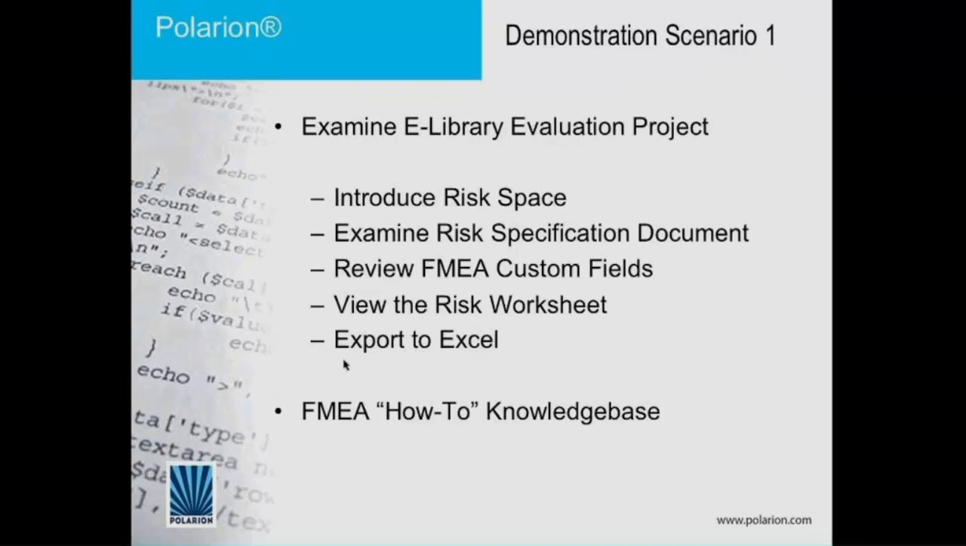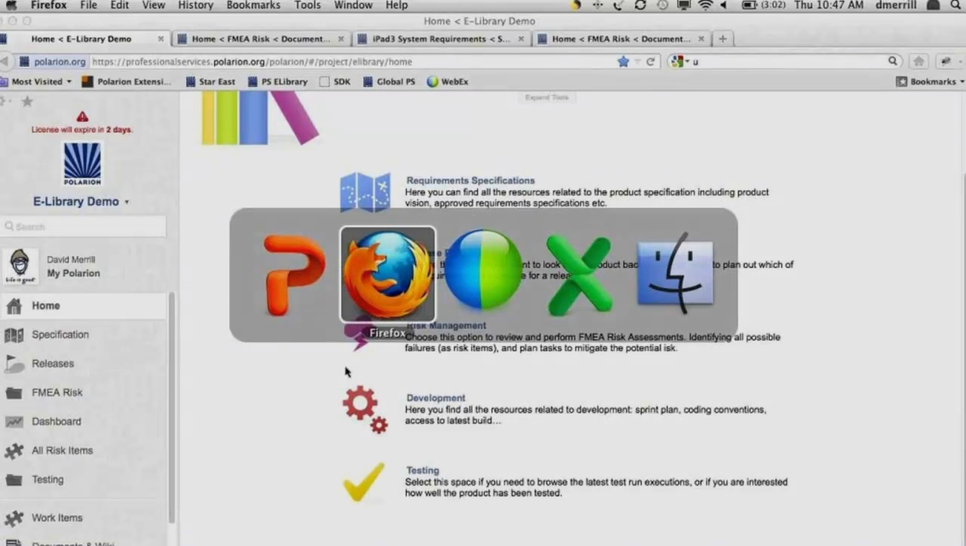So our first development scenario, which I'll be focusing on now, is to take you to an e-library evaluation product in Polarian. And I'll show you the risk space. And we'll start looking at how we can format and view a risk specification document. We'll review some of these custom fields and look at the how-to knowledge base that's built into Polarian. So I'm going to leave my PowerPoint slide aside for a moment and open up the Polarian